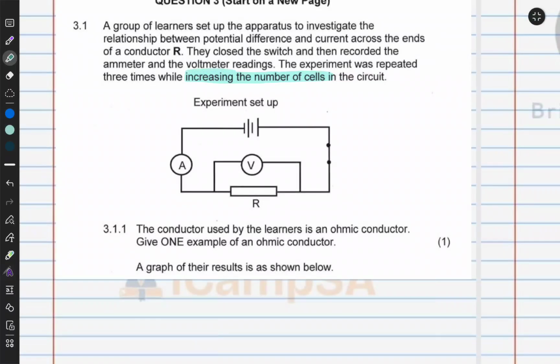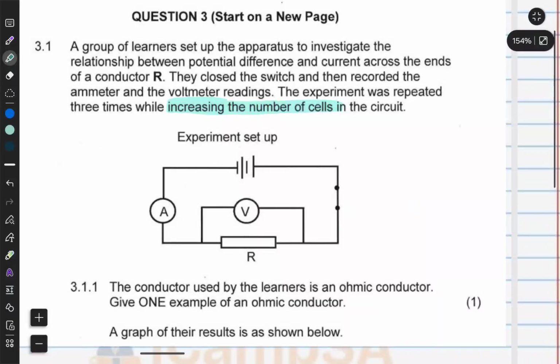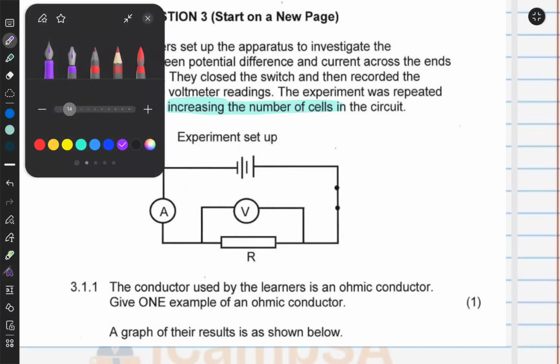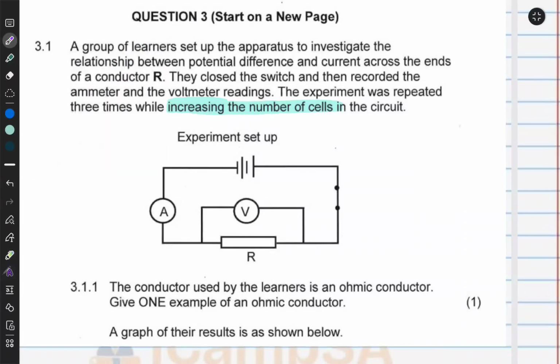So what they're telling us there is, if they're increasing the number of cells in the circuit, it means the voltage supply was increased. So they were changing the voltage or the energy supply, if you want to call it using the fundamental principles of what it is. So now it means they were changing the voltage and then checking how it affects the current, and thereby they were able to tell the relationship between the potential difference, aka voltage, and the current across the ends of conductor